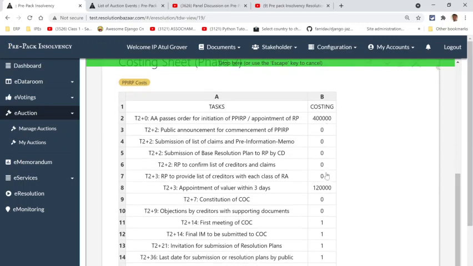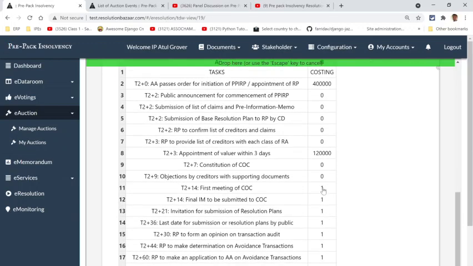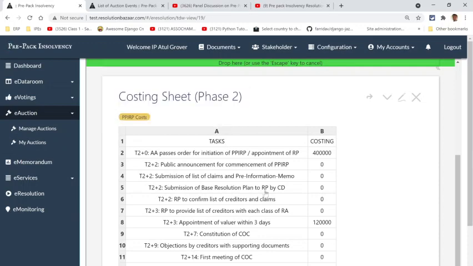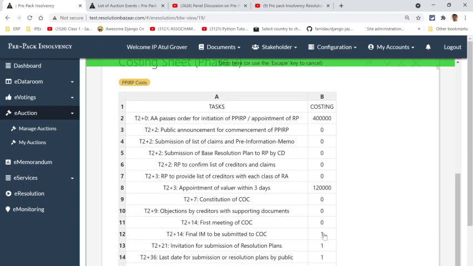So we're looking at 4 lakh here, 120 here. Constitution of COC, objection by creditors, we've already done. First meeting of COC, and final. Okay, so meetings of COC, assuming they're all online, we don't want to spend any money here. Final IM will be looked into and submitted to the COC. Again, it doesn't cost us anything. For invitation for submission of resolution plan, now this invitation, again, as I said, we are not going to make any newspaper advertisement. We're just going to put it on the website of the